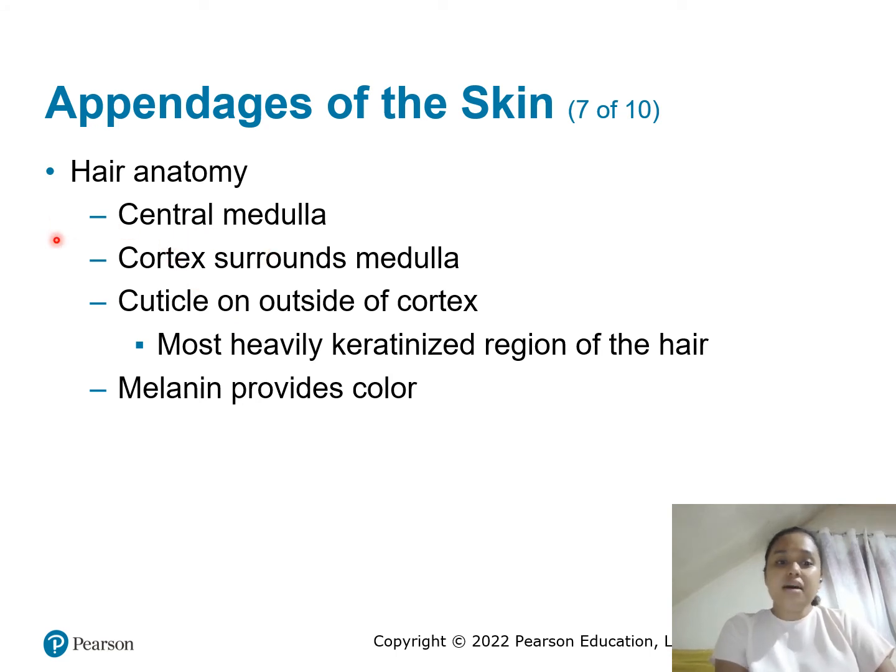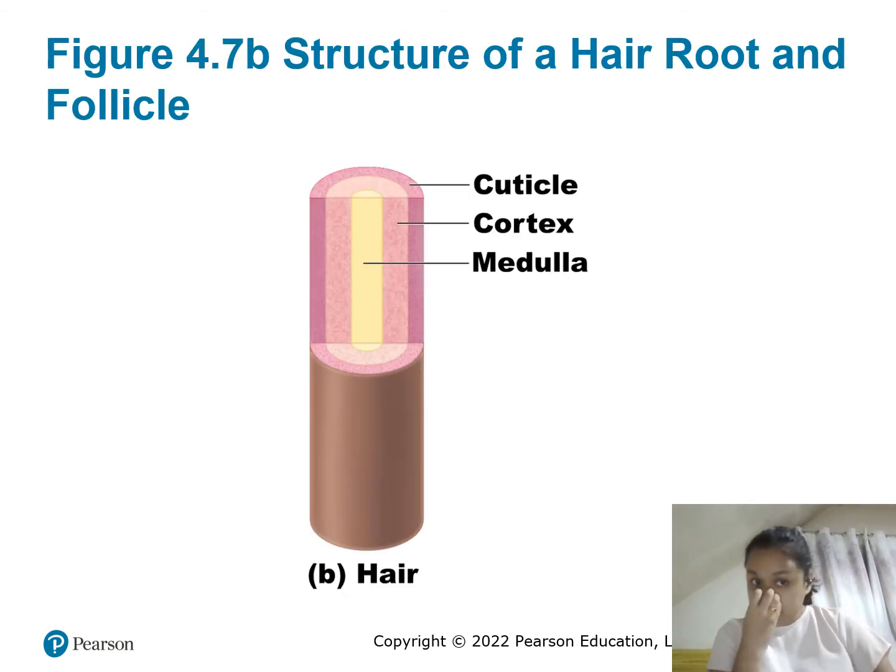You have your central medulla, the cortex that surrounds the medulla. There's the cuticle, which is the most heavily keratinized region of the hair. And as we've said earlier, the melanin provides the color. Now, it's not only the hair that has the medulla and the cortex in its layers. Basically, several other parts of your body have this structure. So be familiar. When you say a medulla, it's usually the deepest part or the deepest layer of a particular